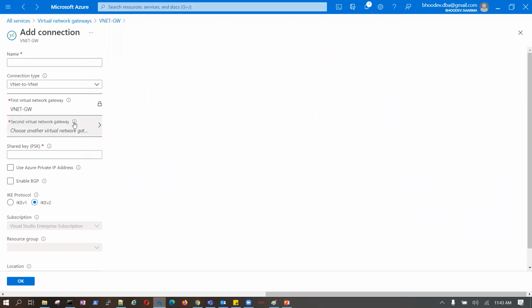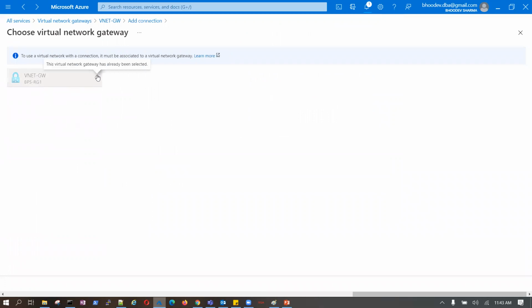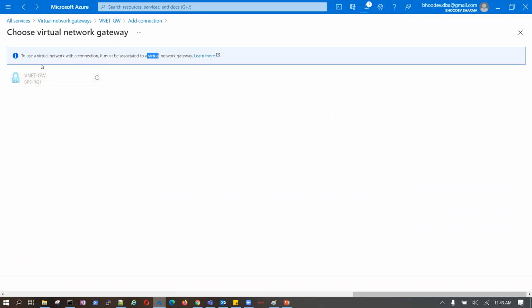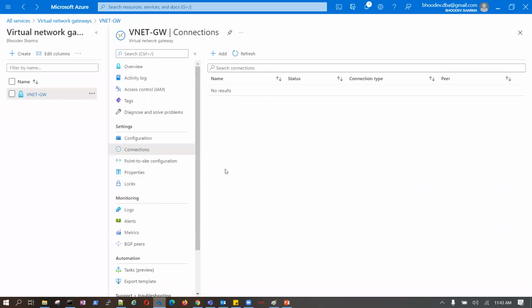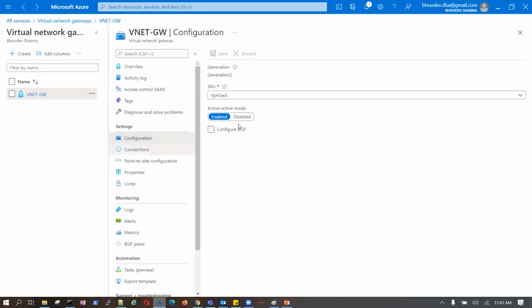Custom locations, if I need to add from here, no, right? To use a virtual network with a connection, it must be associated with the virtual network gateway. This virtual network gateway was created for this VPC only. Connection is done.